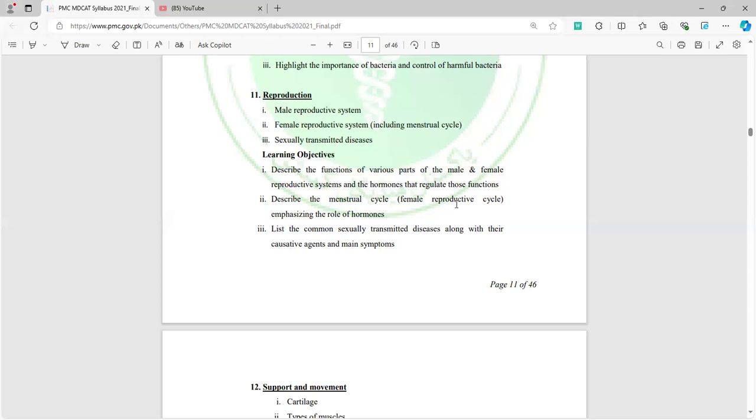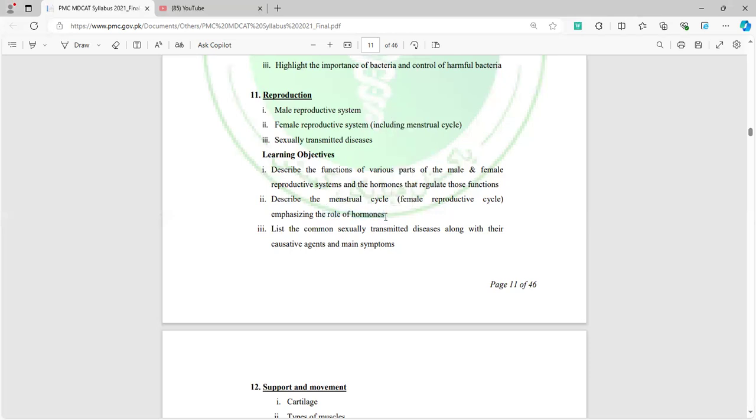So what you need to know is that an important question asked in the exam is to tell the day on which fertilization will most likely occur. So that is day 14 that you need to know. And apart from that, you need to know about the role of hormones in the menstrual cycle. For example, you need to know that LH is the hormone which is responsible for ovulation. And similarly, LH is the hormone which, even in men, gives rise to testosterone because it stimulates the Leydig cells